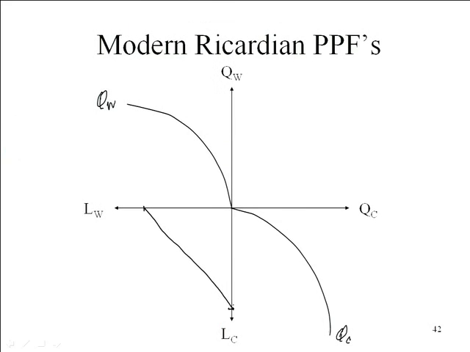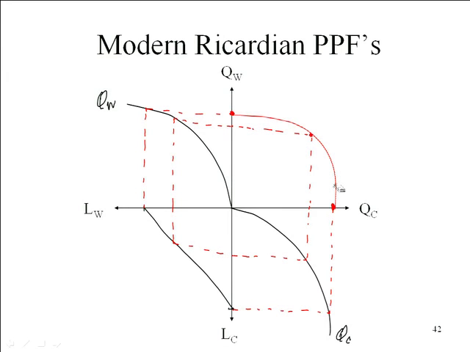And now we can figure out what our production possibilities frontier looks like using the same exercise that we did before. Put all your workers in the wine industry, see what you've got. Put all your workers in the cloth industry, see what your maximum production is. But at this point, now you need some sort of an intermediate point, because when you have bow-shaped production functions, you're also going to end up with a bow-shaped production possibilities frontier. So notice then that our production possibilities frontier is now sloping rather than a straight line,